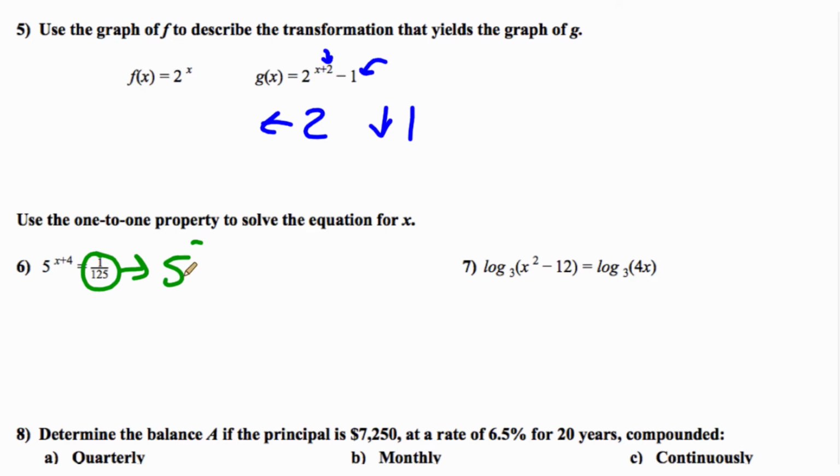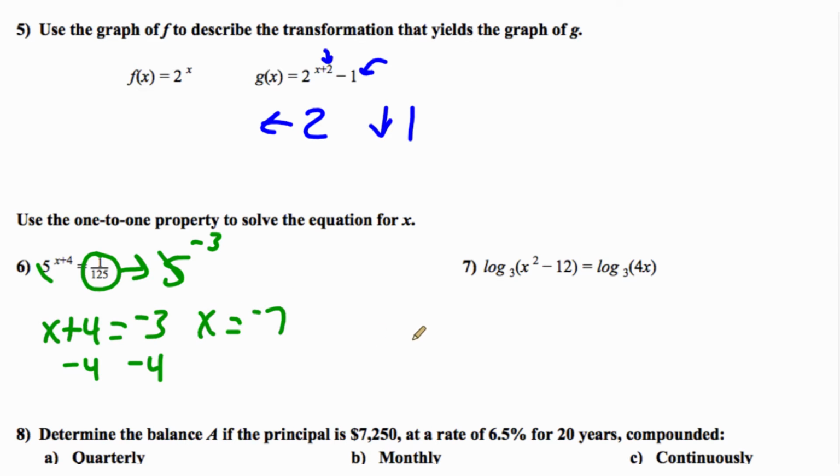So we have to figure out what negative power of 5 is going to land us at 1 over 125, and that's 5 to the negative third power. So now that we've got the same base on our exponentials, these are both base 5s, we can cross off those bases and we're just going to look at the powers. So we've got x plus 4 equals negative 3. In order to get x all by itself, we're going to subtract 4 from each side, and we get